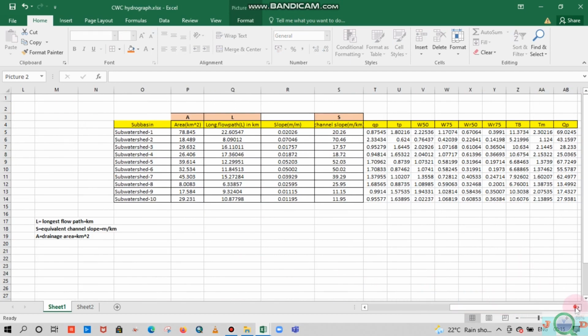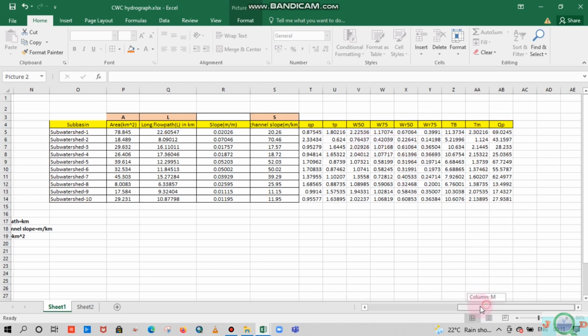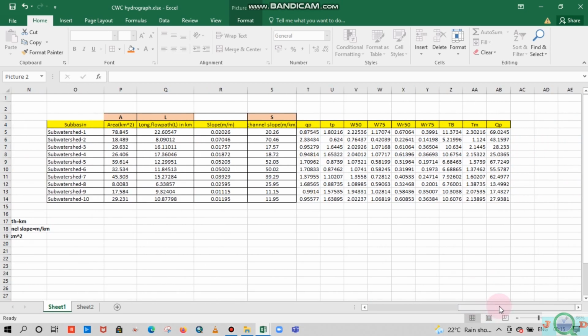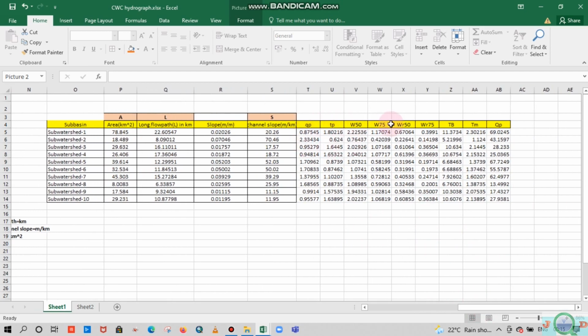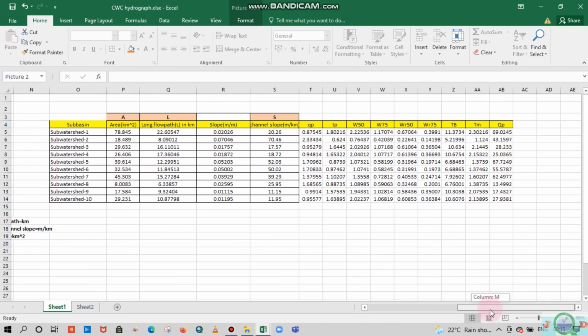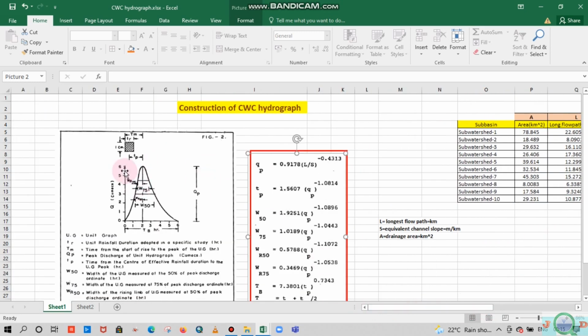So now we will mark these points on these graph sheets. I will manually draw these points on the graph sheet, and I will show you and explain how I drew these different ordinates of the unit hydrograph. So we will mark all these points on this kind of a sheet. I will take a graph sheet and mark all these parameters.